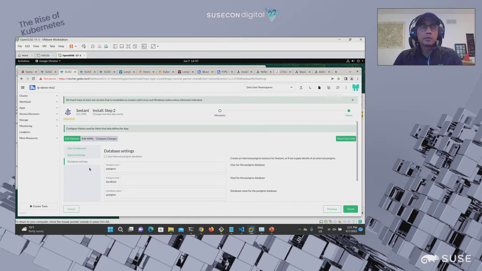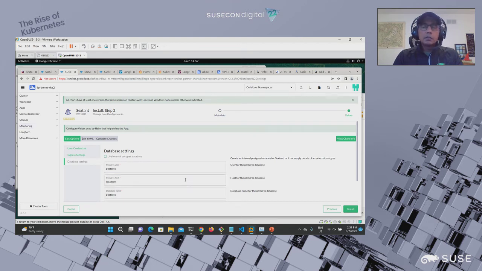One is Sextant using block storage that is provisioned by Rancher itself using a product called Longhorn, and I'll show you why this is useful. The second is an instance where I have my external database, running in Amazon RDS, a managed service for Postgres.